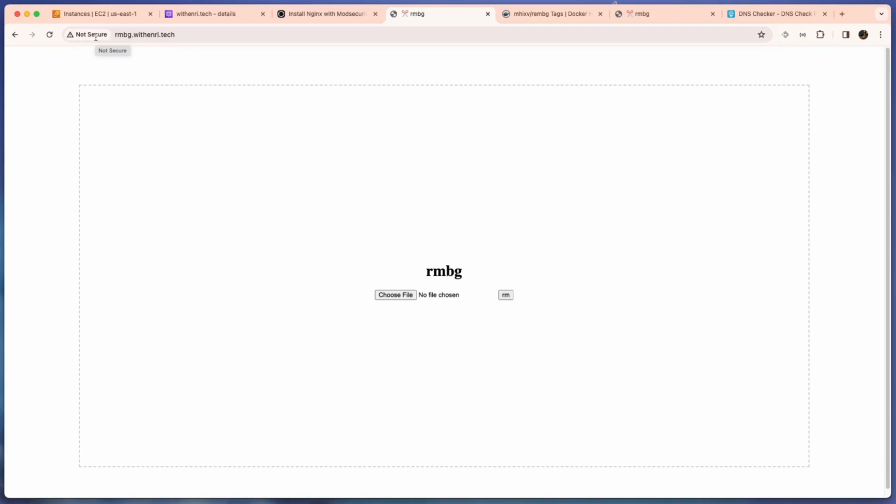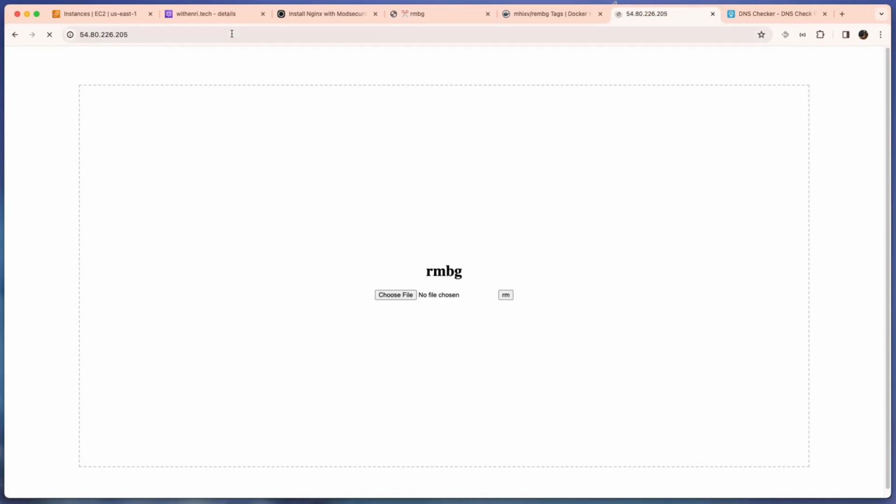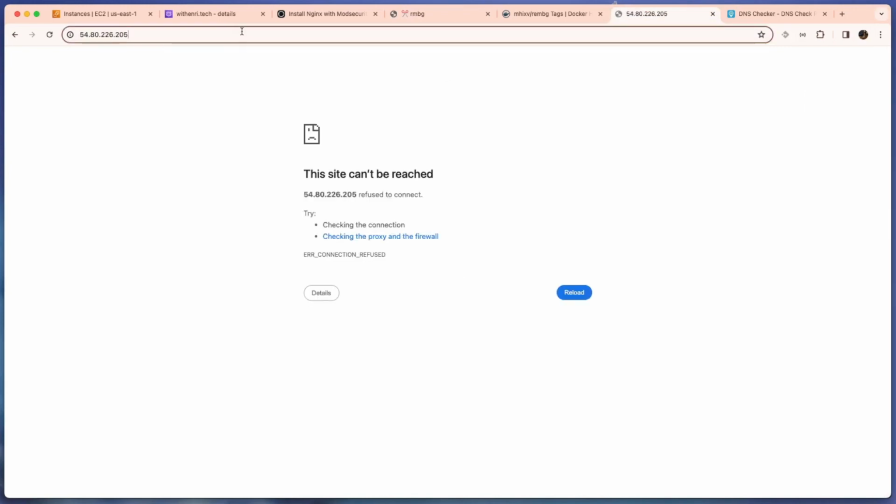Okay, we have successfully created a subdomain for our Docker container running on port 8000, and we use the Nginx reverse proxy to make it accessible from port 80. So right now you can't access it on this port again, because the container is not running on port 80 but port 8000.